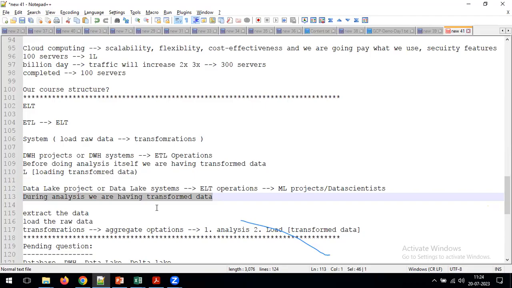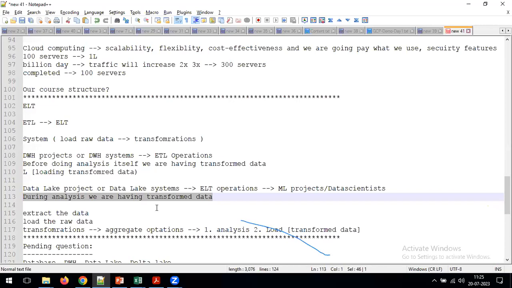Then do we need to maintain the store? Do we need to store the data or not? As an ML engineer, they are building the aggregate data, and they want to use the same data on the second day, third day, and fourth day depending on their requirement. Now, every time they need to process the data, or can they store this data for repetitive usage in the coming days? Yeah, we can store it, because they have that requirement. They want to use the same data in the coming days for repetitive analysis.